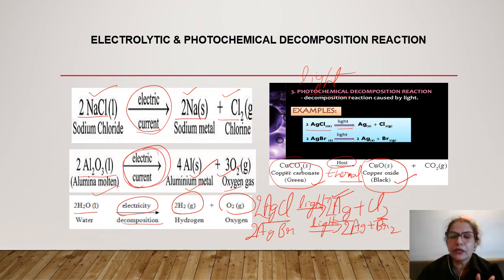So there are three types of decomposition reactions depending on the conditions. It may be thermal decomposition if heat is used for decomposition. Secondly, it can be photochemical decomposition if light is used, and electrolytic or electric decomposition if electricity is used for the decomposition reaction. I hope you have understood. With these examples, you can remember any one or two of them for writing in your examinations. You should know the examples for each category of decomposition reactions.